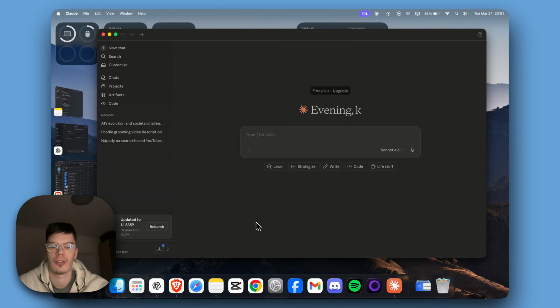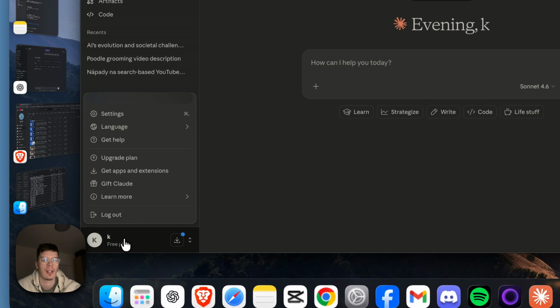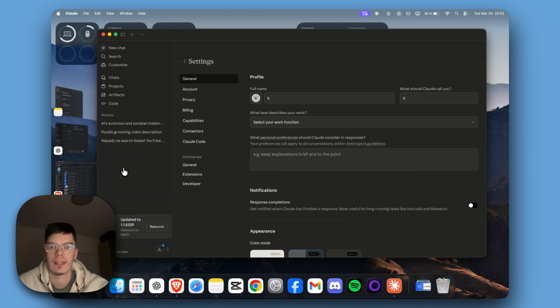How you can change your text font in Claude AI. So all you're going to need to do is open your Claude app, and we're going to open your settings in the left down corner area. Click on your profile. Now we want to open settings at the top,